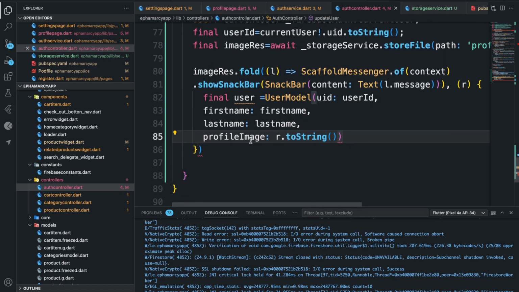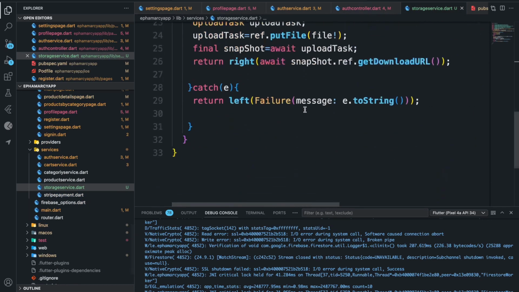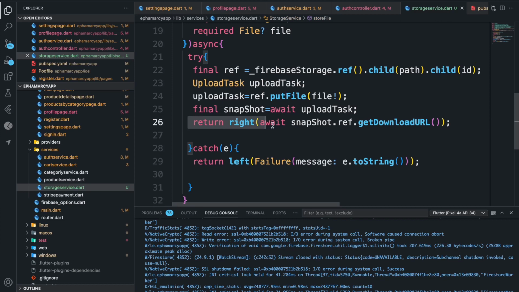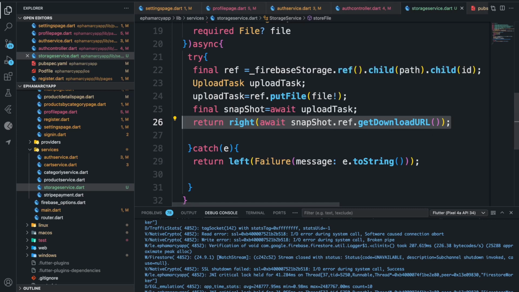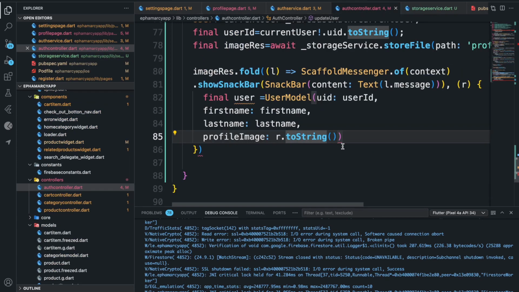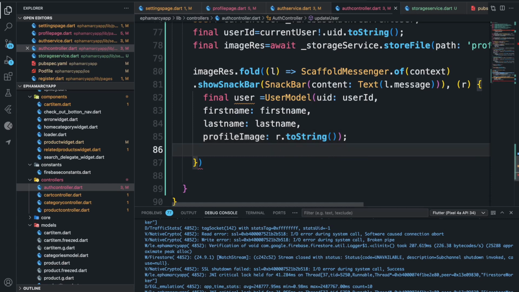Why did I put r.toString? You need to understand this logic from our storage service. We say that if we are going to return, right, when it's a success, we are going to return the download URL. That download URL is the profile image, right? So that's why I used it here, r.toString. This is our download URL. Okay, so let's just close that, and then we are just going to say